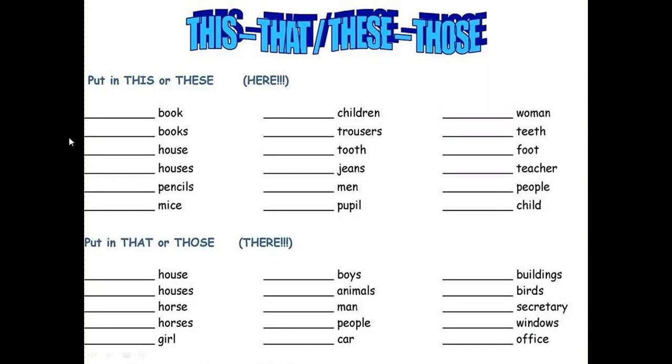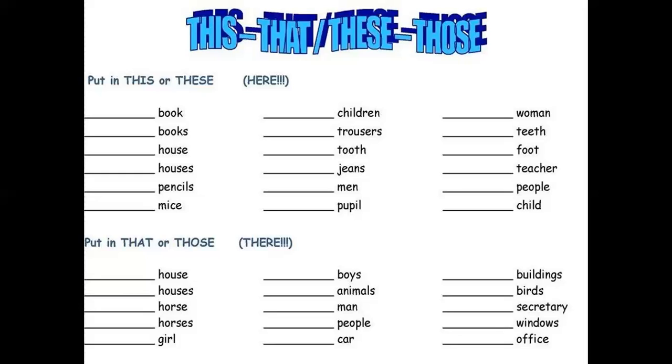Right. Look at the first word here. Shall we read the first word? Okay. The word is book. So that is a singular noun. You have to use this book. Read the second word. What is that word? Books. So that is a plural noun. You have to use these books. Okay, children, I hope that you can do the rest of the activity now.